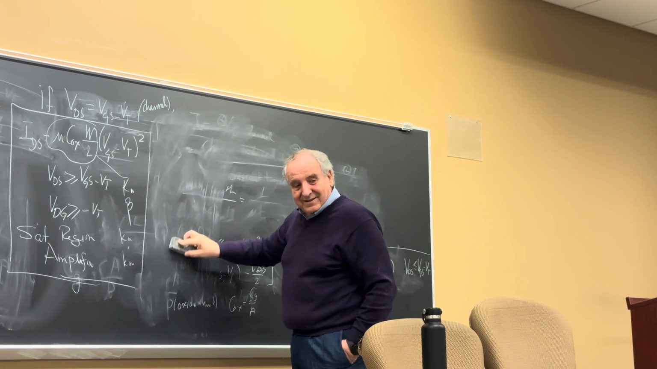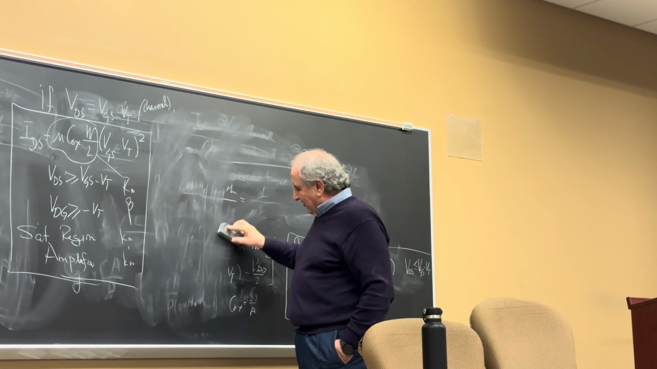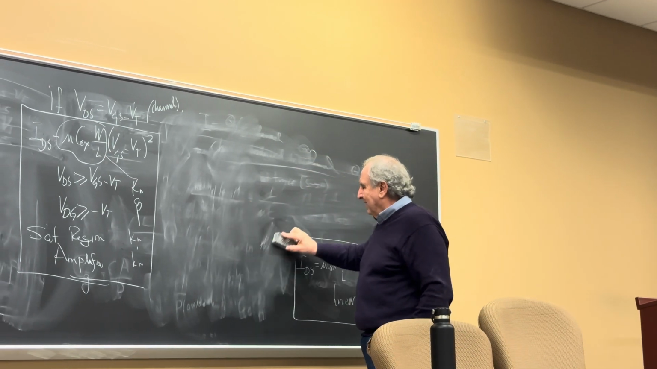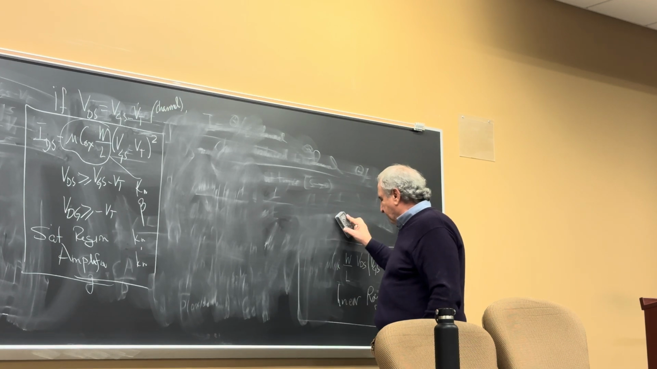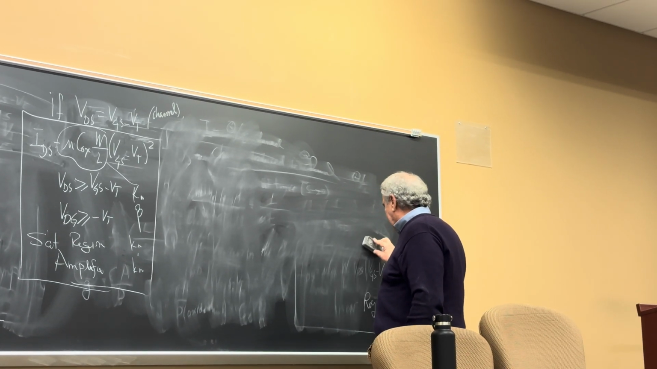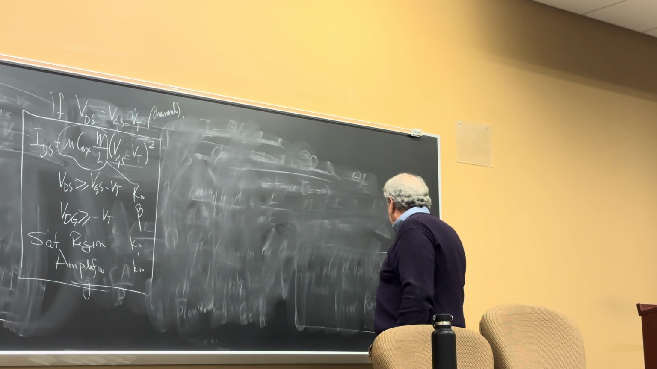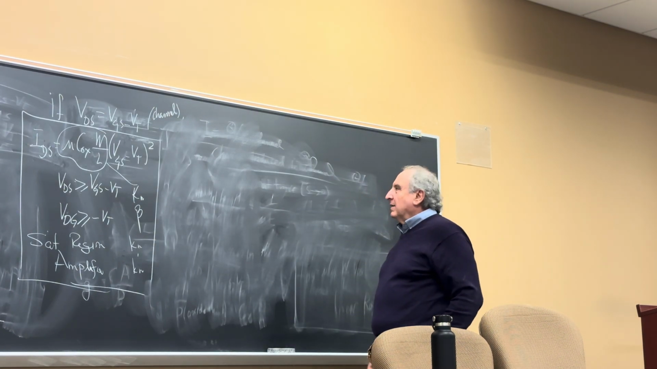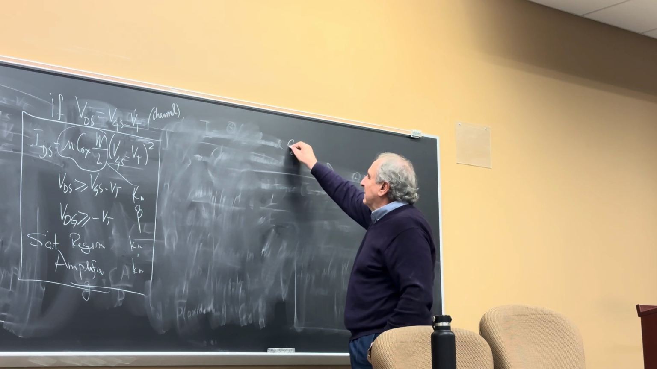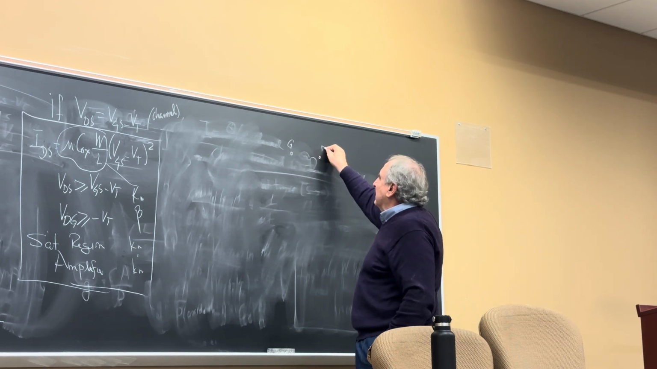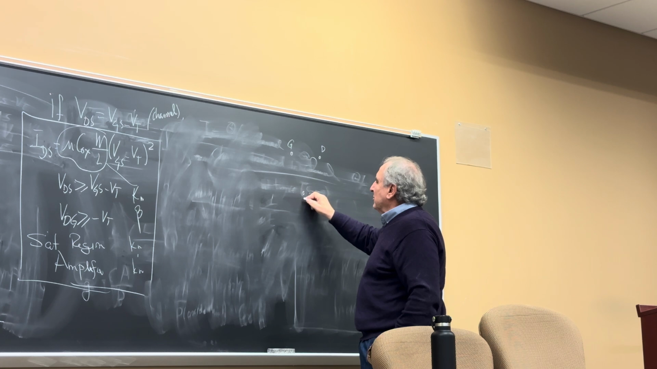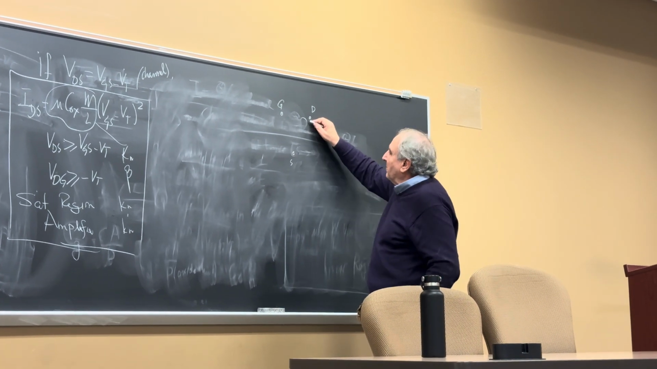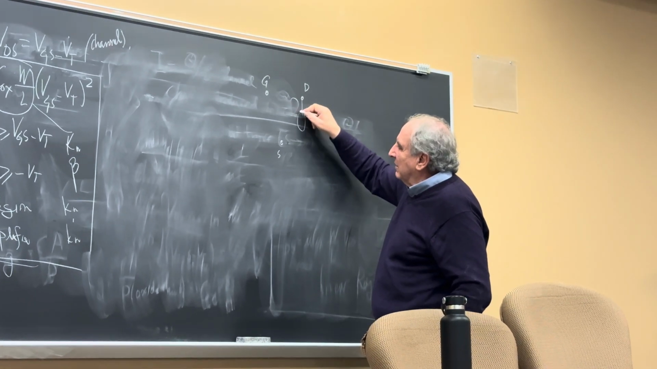It's in the write-up, how to derive the pi model. I'm not going to derive it here. Here's the gate, here's the drain, and here is the source. From there to there, you'll find out